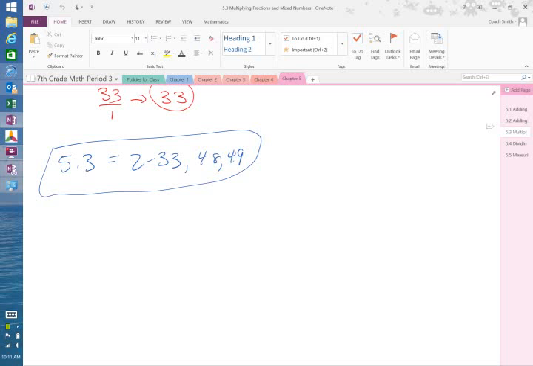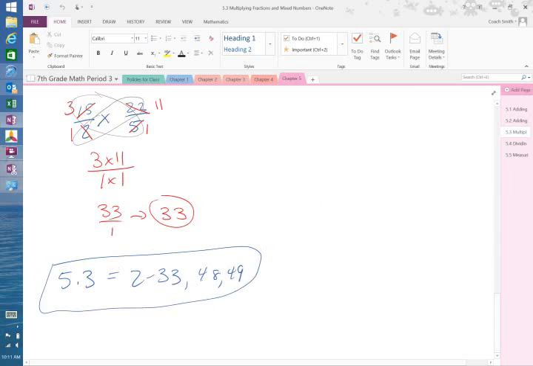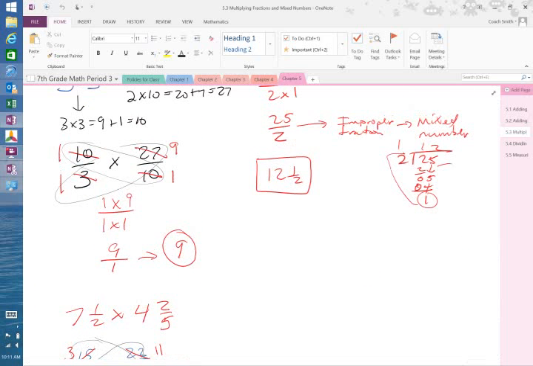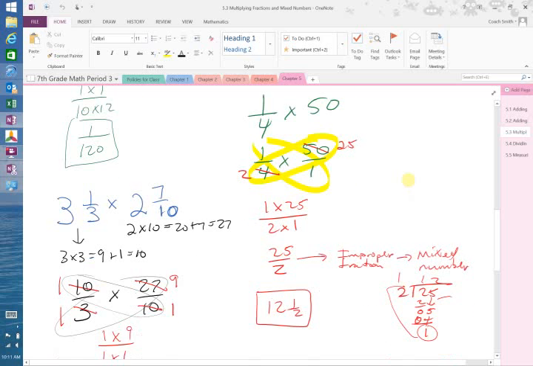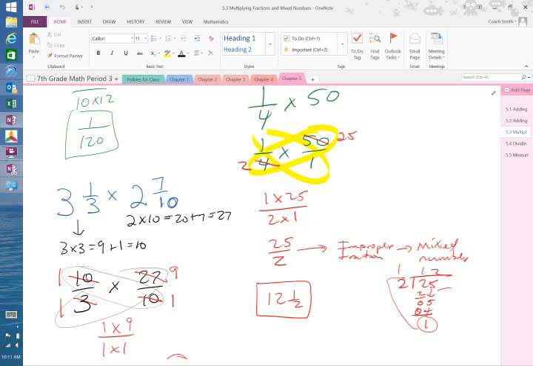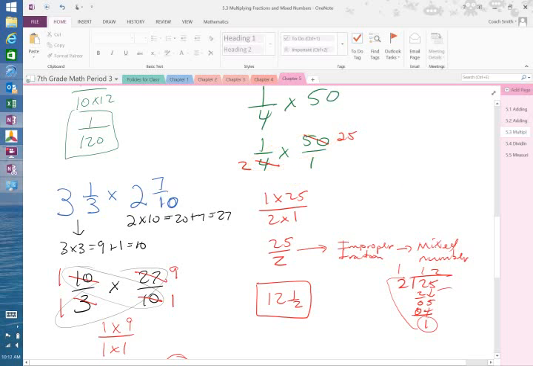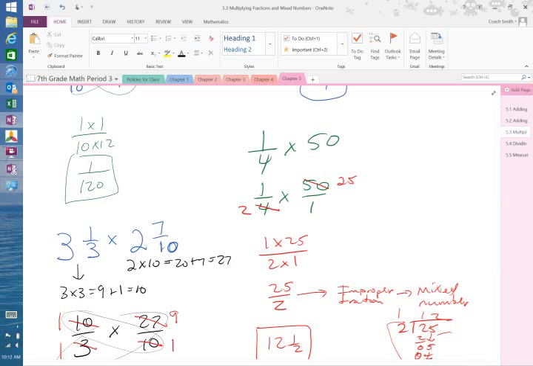How do we multiply a whole number in a fraction? Well, just like that one on the screen, you had 1/4 times 50, so you just put 50 over 1 because that's making it an improper fraction. Then you just follow the